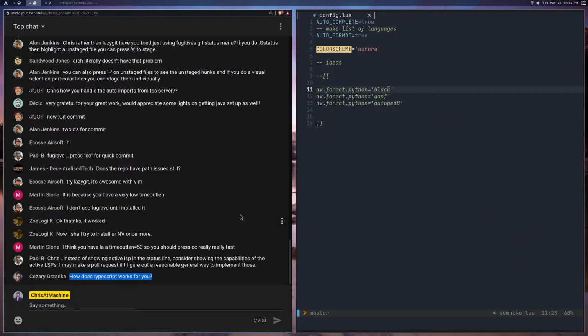Let's see. Back to this. So now we can set color schemes. The other thing that we were going to want to be able to set was something like formatters. Yeah, I think I'm going to do it. This is what I want here. This is my ideal way of setting formatters, right? Like, you could do like